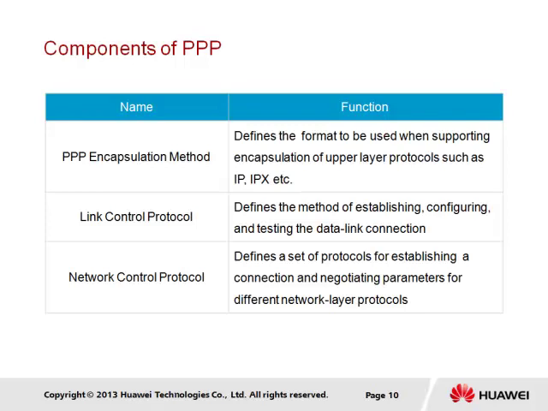As such, PPP is able to retain compatibility with a variety of upper layer protocols to support their encapsulation. The Link Control Protocol, or LCP, enables automatic agreement on encapsulation configuration options, detecting issues particularly with loopback links, authentication, and also supports the eventual termination of the link. The third main component is the Network Control Protocol, or NCP, that handles other issues such as IP address management through protocols such as IPCP.